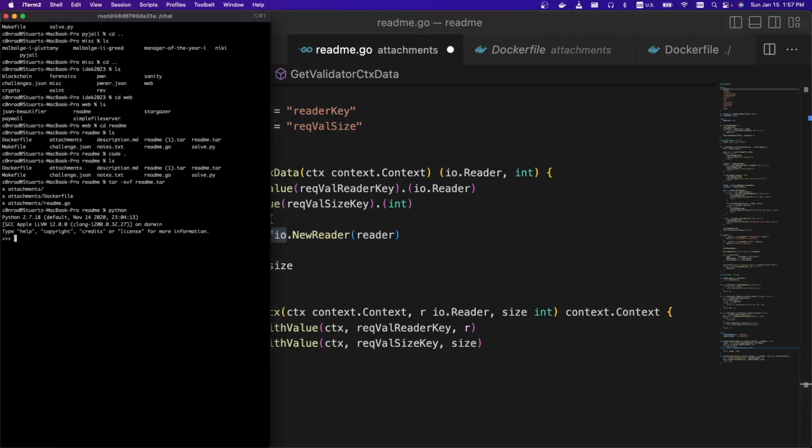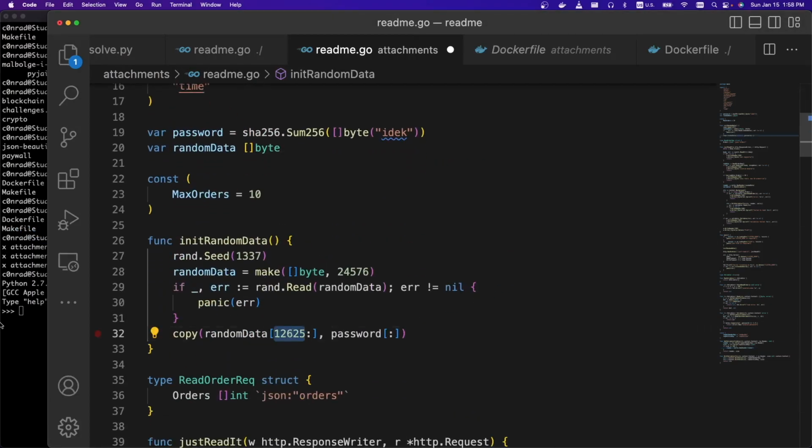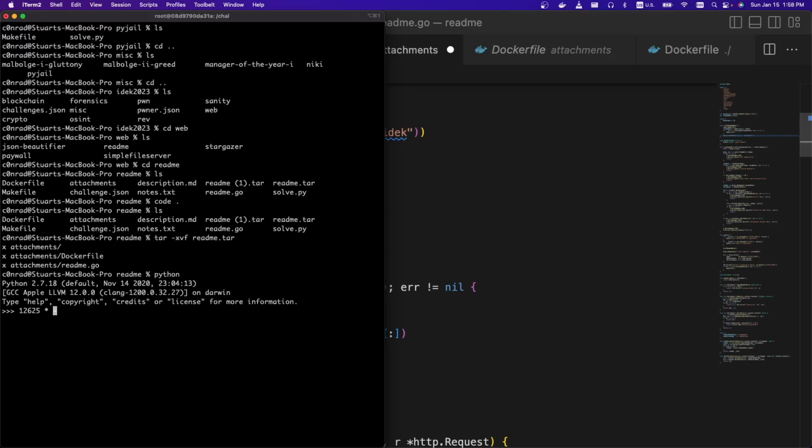So specifically, let's see, we need to get to this. If we were to do, let's say, 3 reads of 4,096, you can see then we only have to read 337 bytes left. And so then if we were to do like a 99, we only have 139 left, minus 99, then a 40. And so if we were to send 3 orders of 100, it's going to do that buffered read. And so it'll read 4,096 bytes. And then if we were to do 99 bytes, 99 bytes, 99 bytes, and 40 bytes, the indexes will match